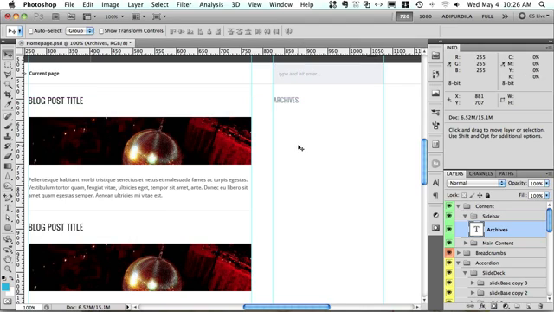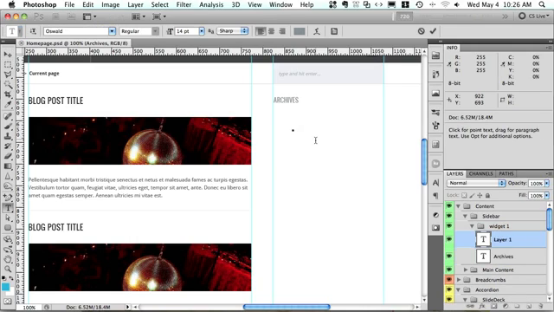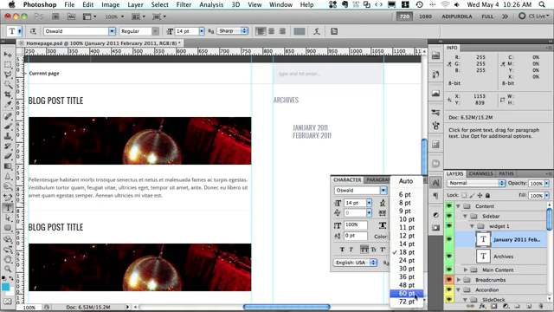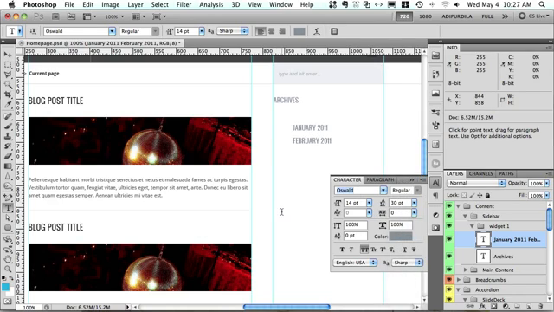Align it like this, and then group it, call it widget 1. Let's add some lists. So archives, we're gonna have, I don't know, January 2011, February 2011, something like this. Slightly bigger line spacing here. Droid Sans, 12 points,